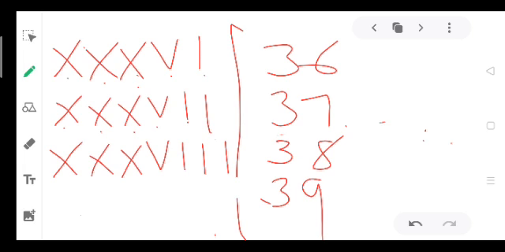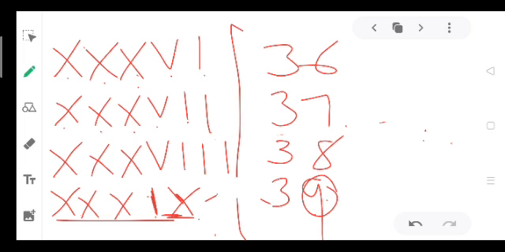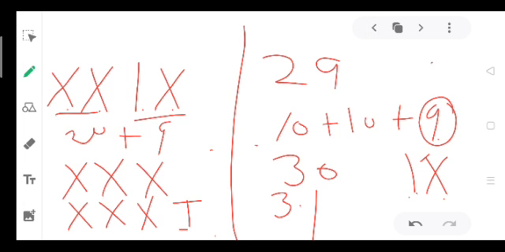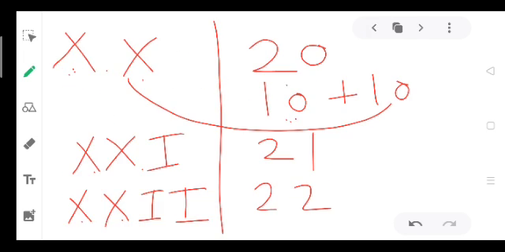For 39, again we are not having any symbol for 9. So what we will do? Firstly we will write 10 and subtract 1, IX. I told you that if any Roman numeral is written on the left side of a bigger one, then it is subtracted. So it shows 9. 39. In your class, Roman numerals counting is up to 39. I think this is clear to you. No doubt. Now you will do practice